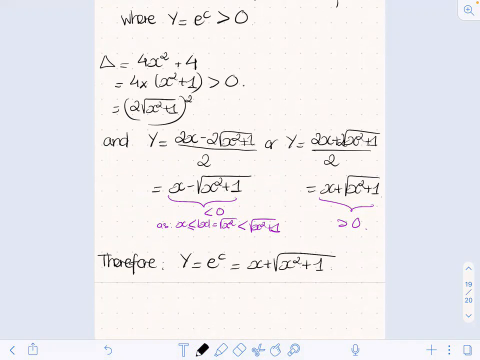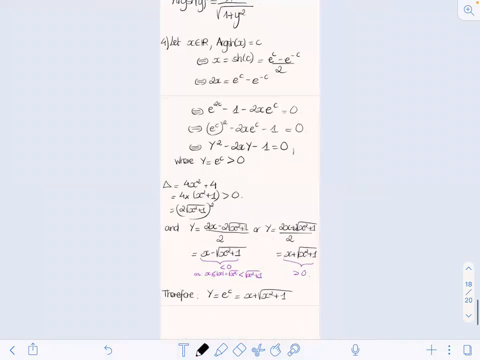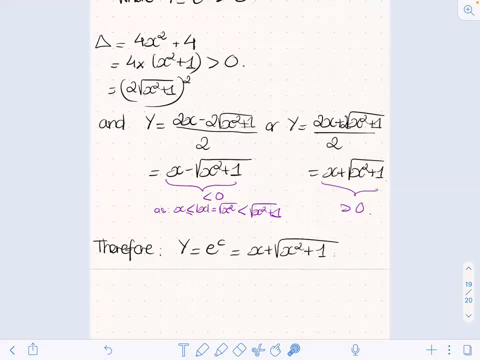Okay. And if you come back to the start of this exercise, we'd given ourselves some x in R, which is some fixed data, and we'd said that argsh of x is equal to c. And so here we've got some information on exponential of c. So can we deduce some information on argsh of x from this? If we applied the logarithm function,